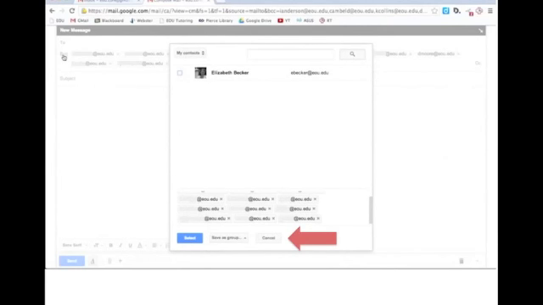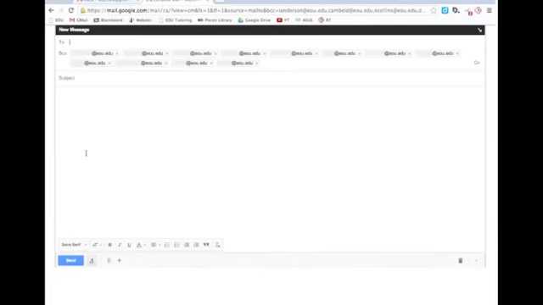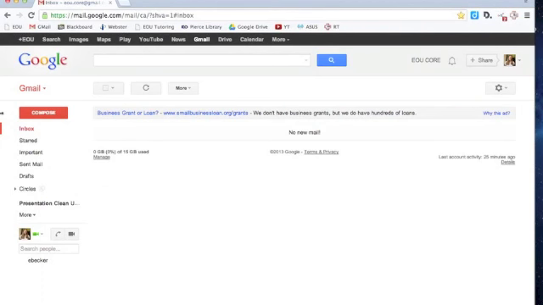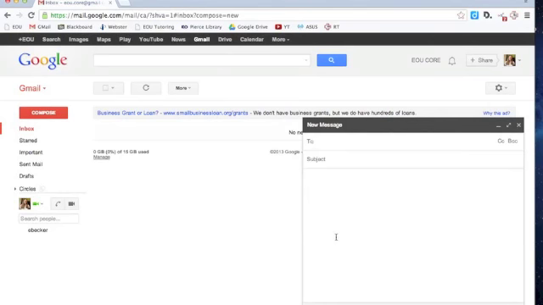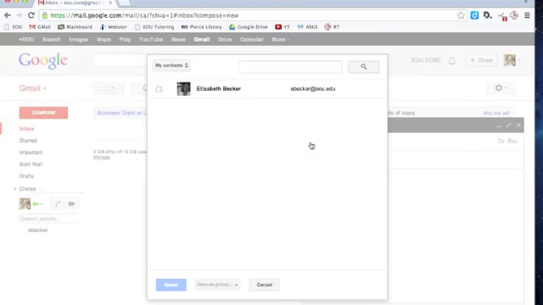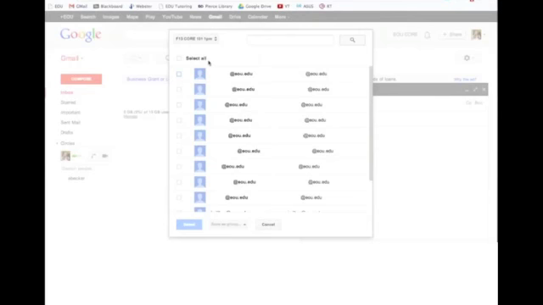And then you can click Cancel and kind of get out of this box. You can actually just get rid of this email here. Go down to the trash can down at the bottom where it says Discard Draft. Then you can go ahead and go into Gmail and click on Compose. And then I'm just going to click the two buttons to see my contacts. You'll notice up here you have this arrow that says My Contacts, All Contacts, and it has the name of this group. So I'm going to click this, select all,